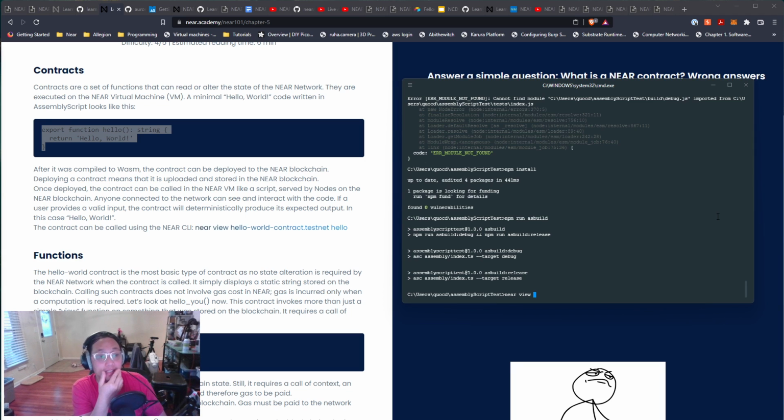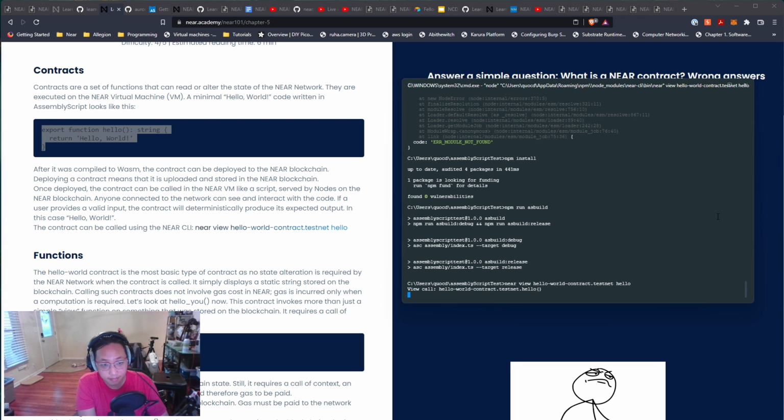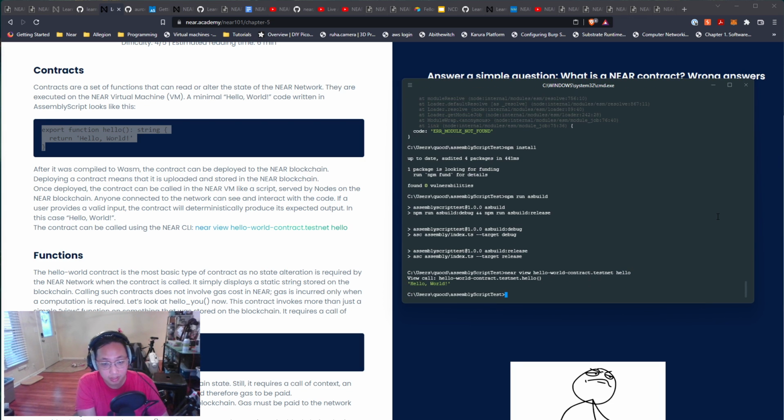Deploying a contract means that it's uploaded and stored. So it hasn't told me how to do that yet. But I assume that I've compiled the same thing that would appear in, so